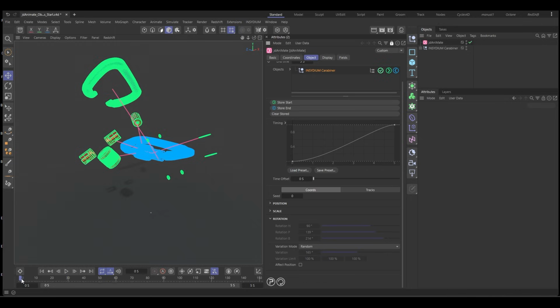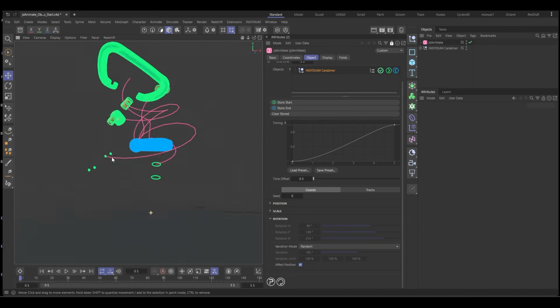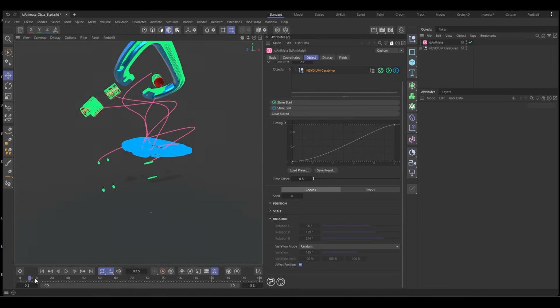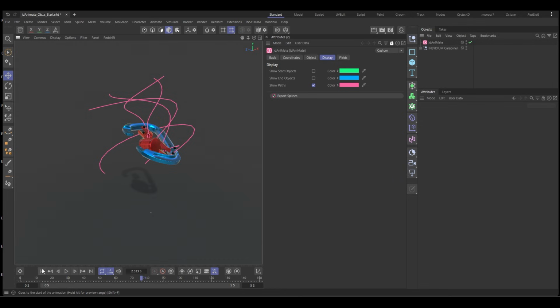So it's still going to be linear, still going to be quite crazy. However, if we enable effect position, we now get the position of what the parent is, which is this null. And you can see it's changed the pathways to these really cool curved pathways, and our object will now fly around based on that. So let's hide those again. And then we got that really cool